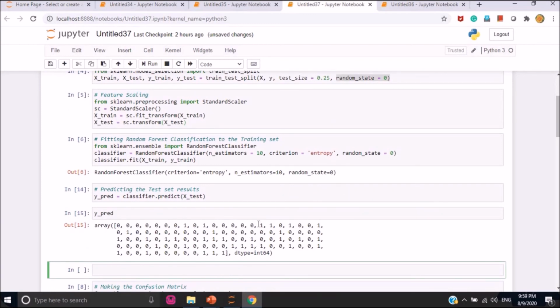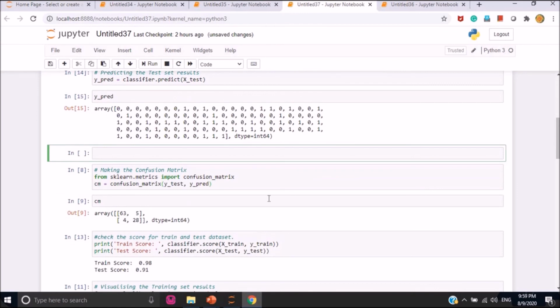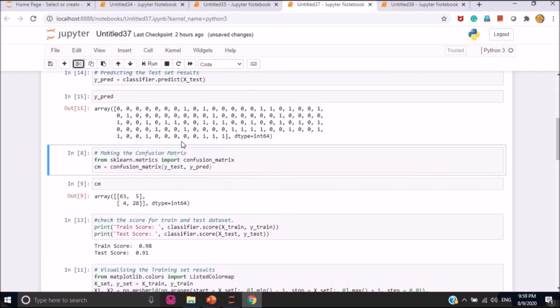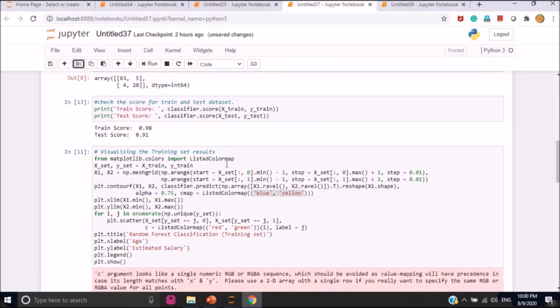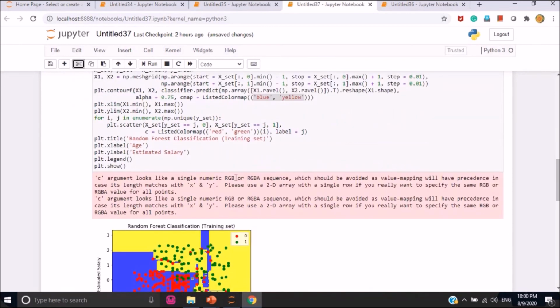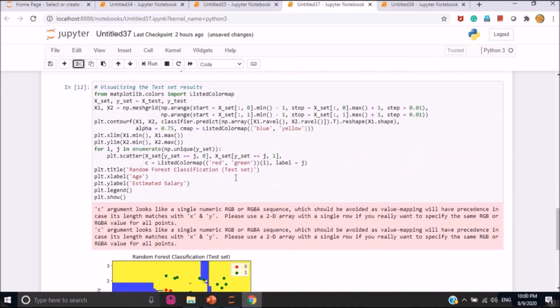We'll get a result like this. We can build a confusion matrix to see the accuracy of the model. When you build the confusion matrix, you will get this, and we get the accuracy here. We have now come to the most exciting and fun part, visualizing the training set as well as the testing set.